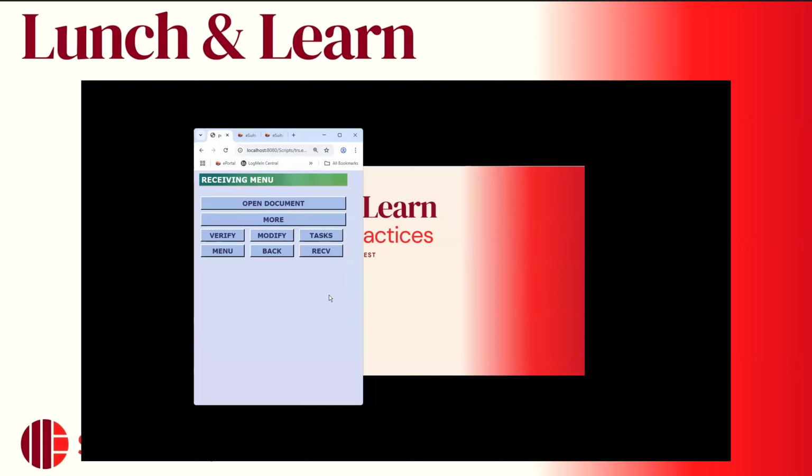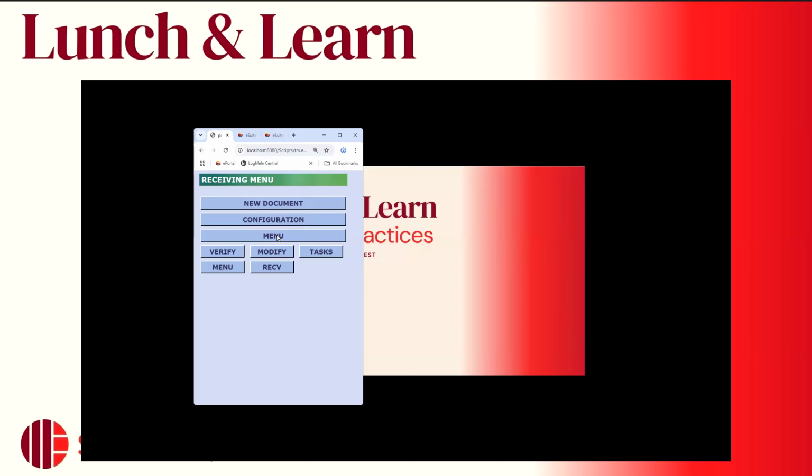A question that did come up with the last webinar was you can create a receiving document from a closed purchase order, and they wanted to see how to do that on the handheld. So this is going to look very familiar to what we just went through with the purchase order. So first you can open up a brand new document. This will open up a brand new document. You will select your vendor. It will not be pulling from a closed purchase order. It's just a new document. You're just doing a receiving, not based on a purchase order. That is what this option is here. If you click on more,